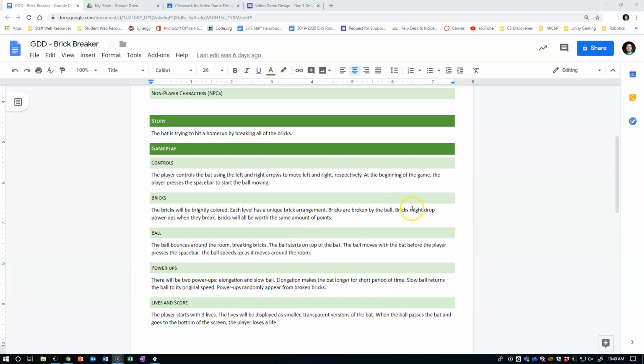Alright, so we're going to start with the GDD to look at what is the ball doing. When the ball bounces around the room and it breaks bricks, that means it's got to bounce off of stuff. Right? A bounce is a change in direction. Now, when it comes to bricks, we can hit the bricks from anywhere, right? Bricks are floating out in the room. Because the bricks are floating out in the room and the ball can hit them anywhere,